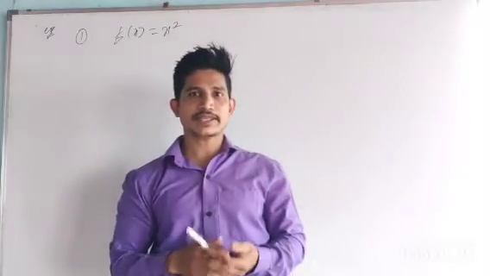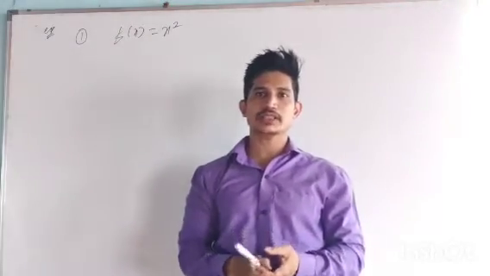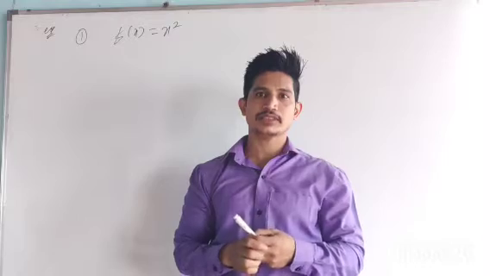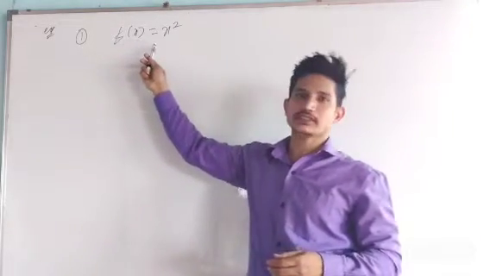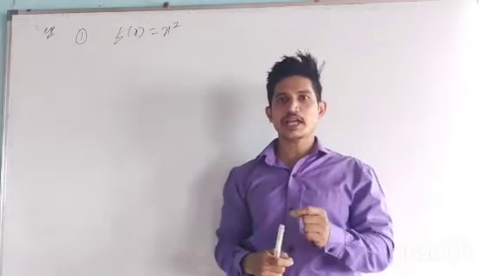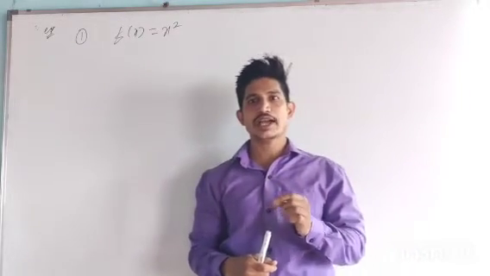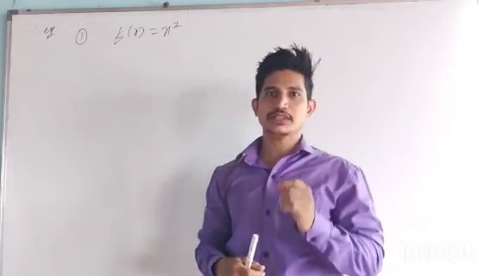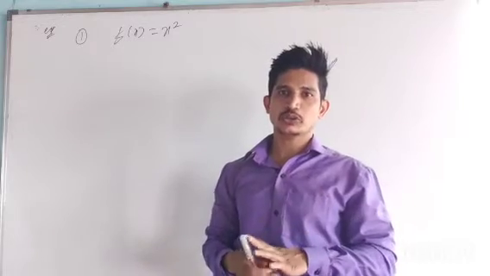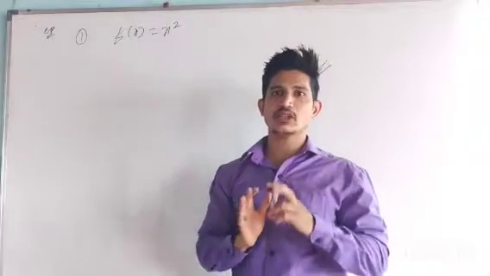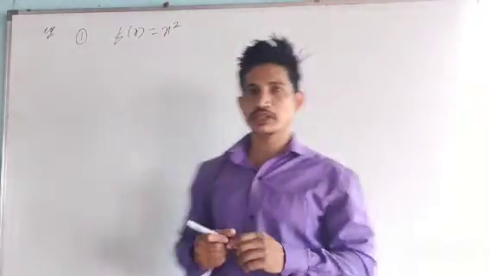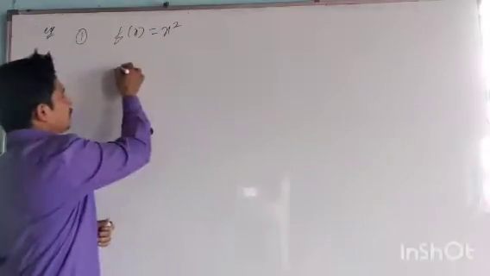Now let's see an example of how to prove that the function is 1-1 and how to prove that the function is onto. Here the function is given: f of x is equal to x square. Then prove that the function is 1-1 and onto. The sets are not given here. If the sets are not given, take note of how to prove: apply definition number 2.